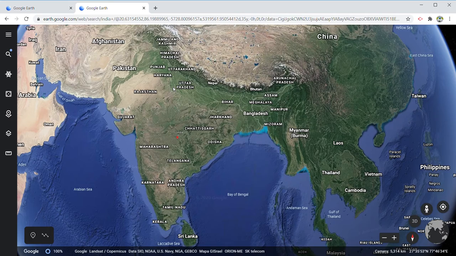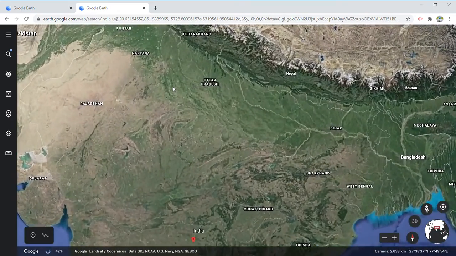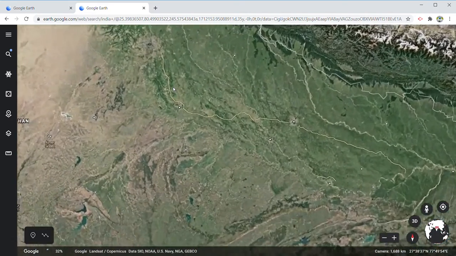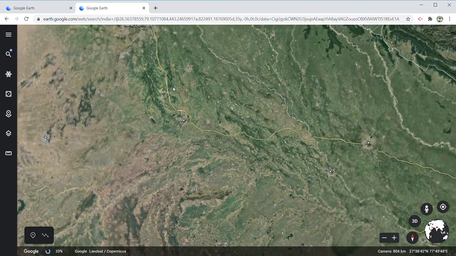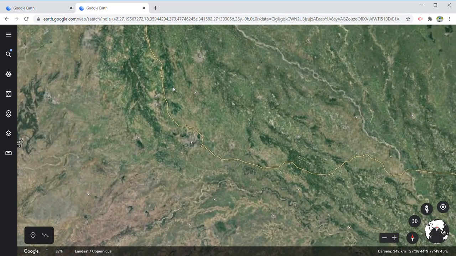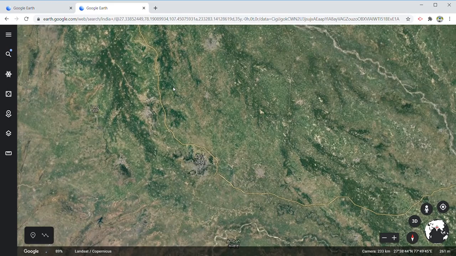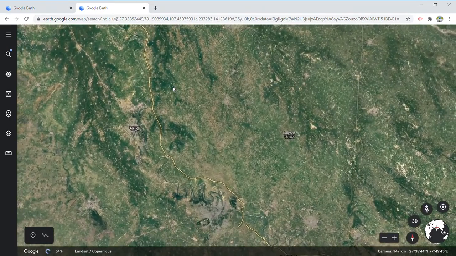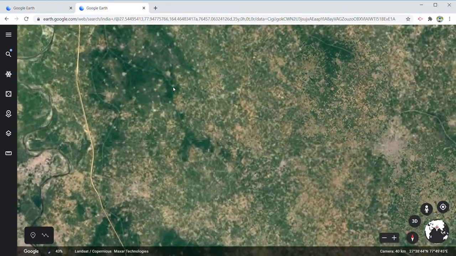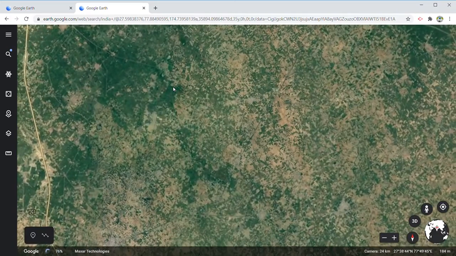Net sown area is the agricultural area of India. So if we zoom and just see areas of India, you'll find portions of Uttar Pradesh. We're zooming and trying to see how much is the net sown area.